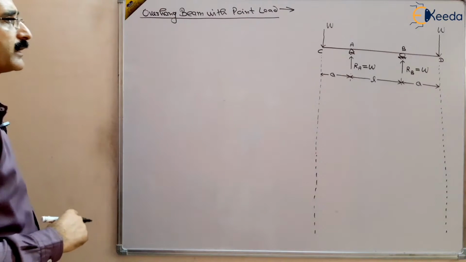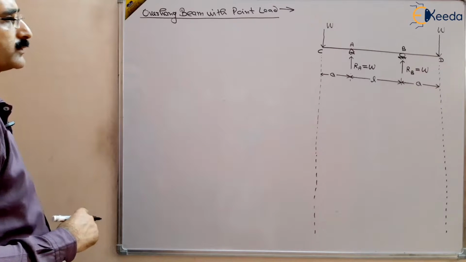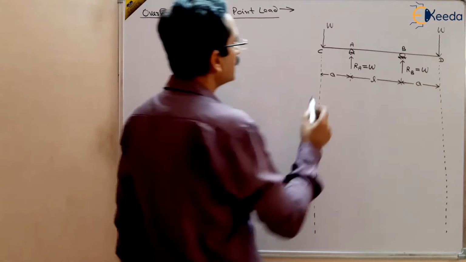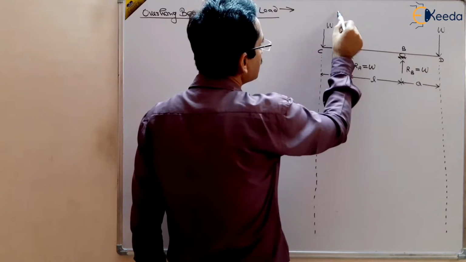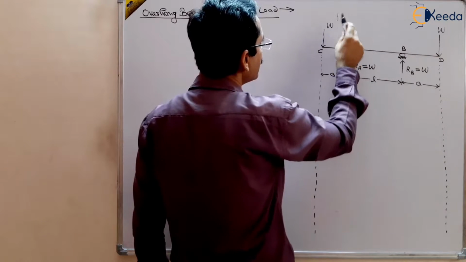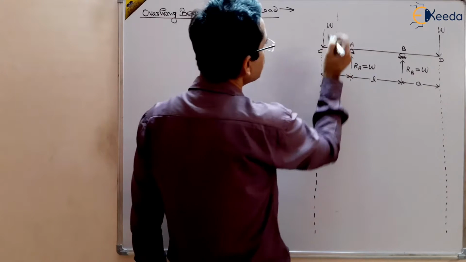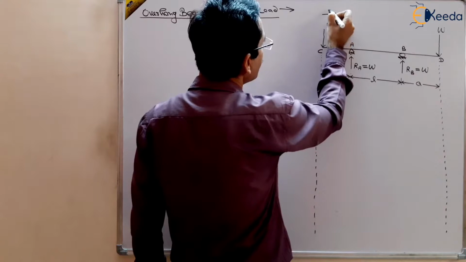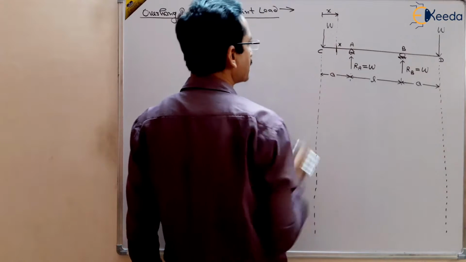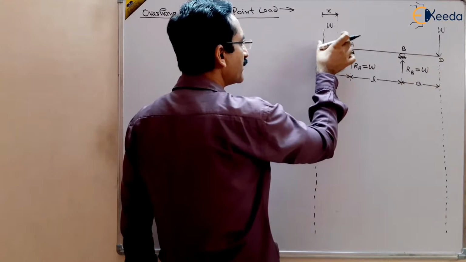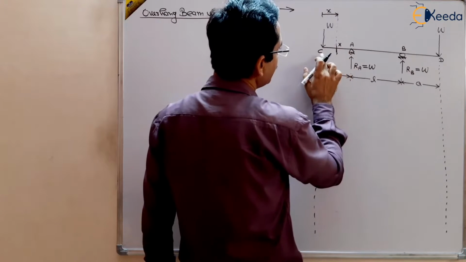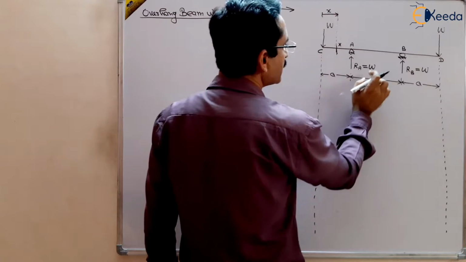So we have reaction at A and B equal to W both, and we have to draw the shear force diagram. So first take a cross section. At any point you can take the cross section. Say here I am taking a cross section at a distance x from the free end. So at a distance x I am taking a cross section capital X, right? And first I will find out what is the shear force at X, right? But this Fx will be valid between C to A only, because after that there is change in load.